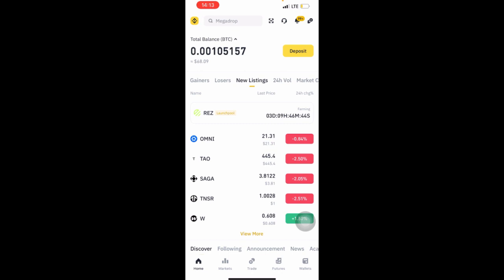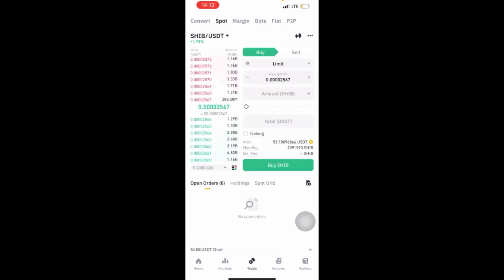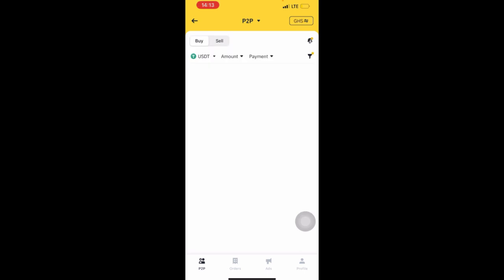Here we'll talk about how to make money online, how to start your own dollar account, how to start your own dollar arbitrage, and a lot. Today I want to show you how you can convert any cryptocurrency to USDT and sell it on P2P. So when I come to Binance, you see that the P2P market only accepts USDT,